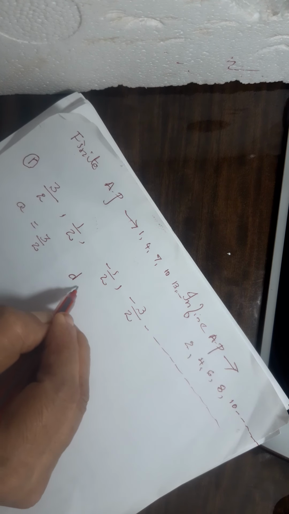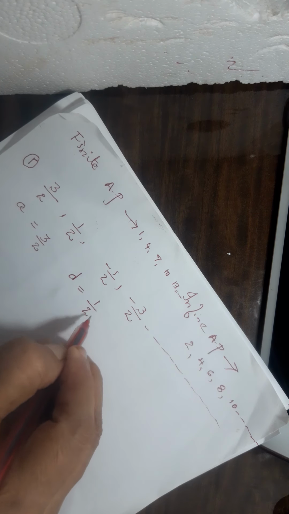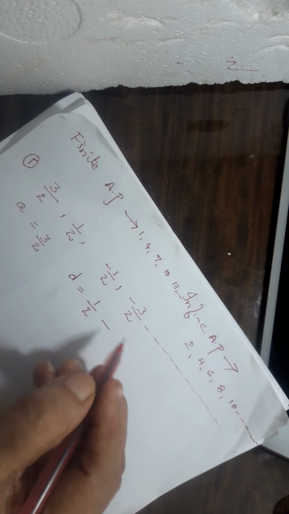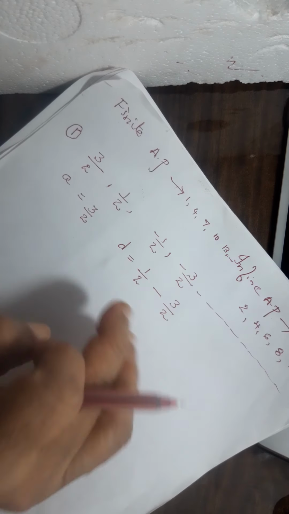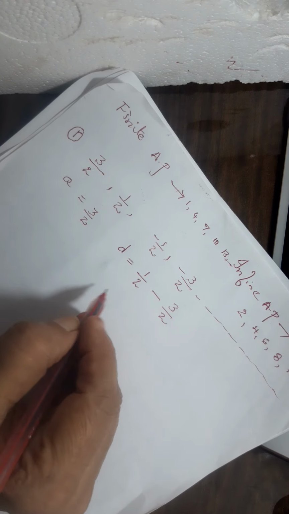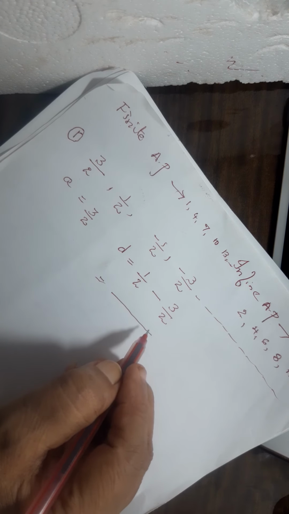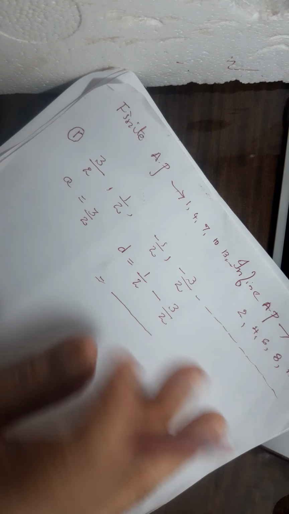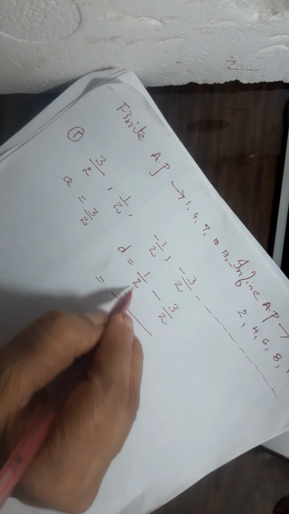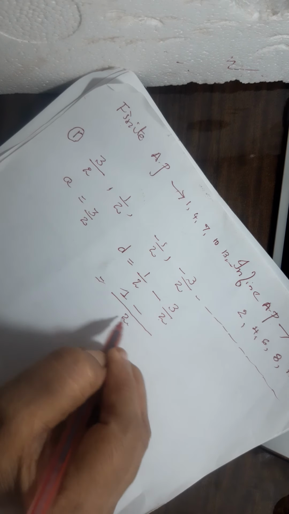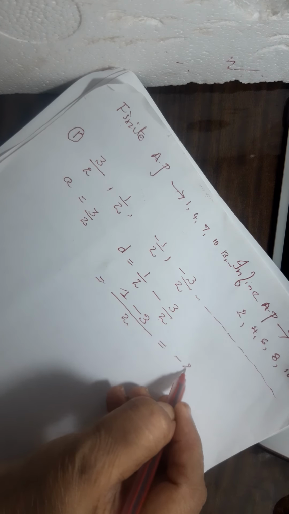Now, in order to get D, what you should do? Subtract. Now, half you will take, the second term minus the first term. See how it comes? Half minus 3 by 2. Now, when you get fractions, you must be thorough with your subtraction of fractions. Take the LCM. It is 2. 2 and 2 will cancel here and you get 1. Minus again 2 will cancel. It will be 3. Then this is equal to minus 2 by 2.